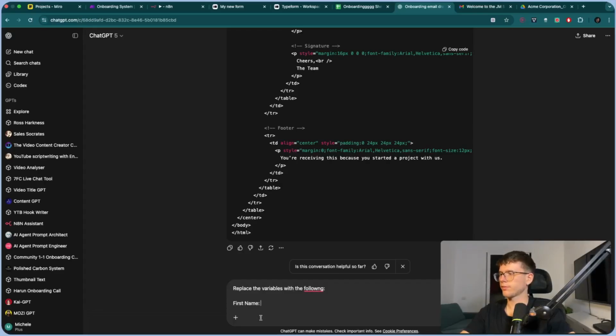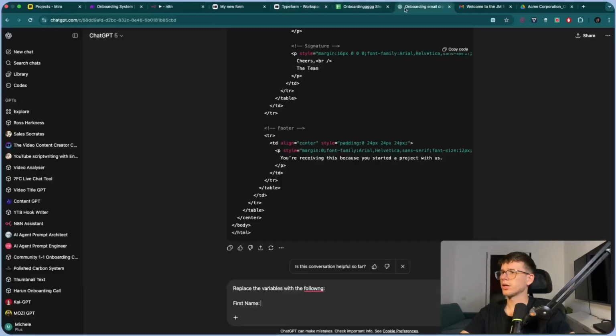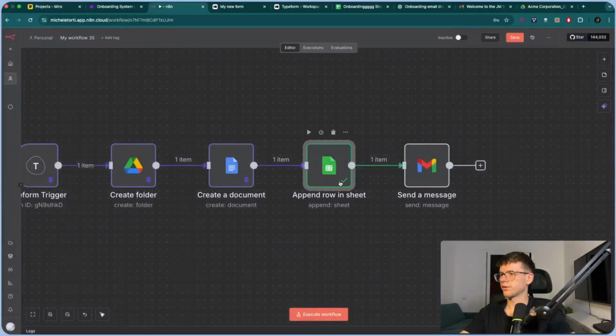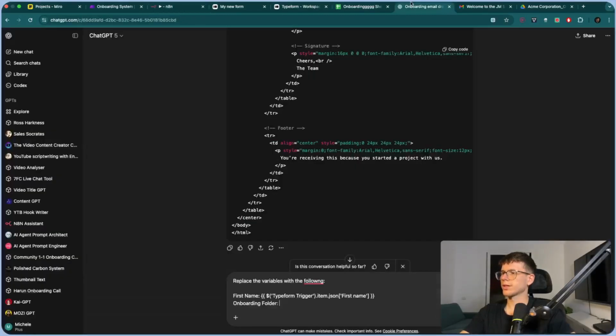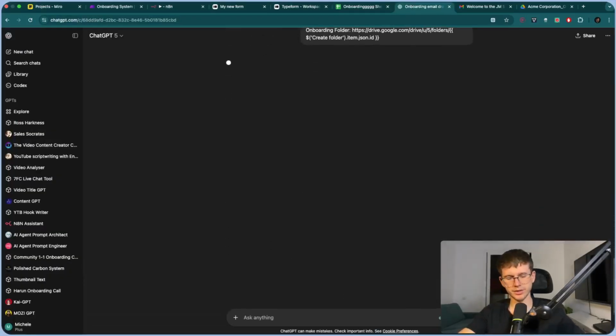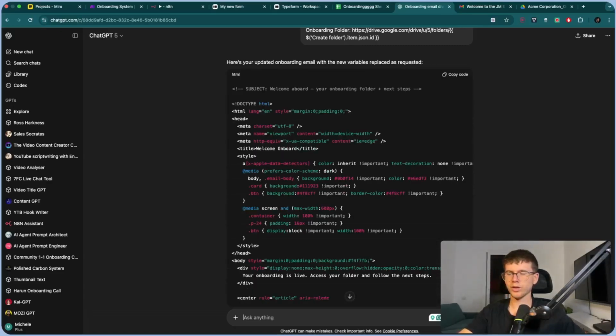First name, we can get from here, first name. Just copy this and paste it here. And Drive folder, so onboarding folder. You can find this here. Just copy this, paste it here. I can press submit. So what this will now do is it will give us the HTML with the newly updated